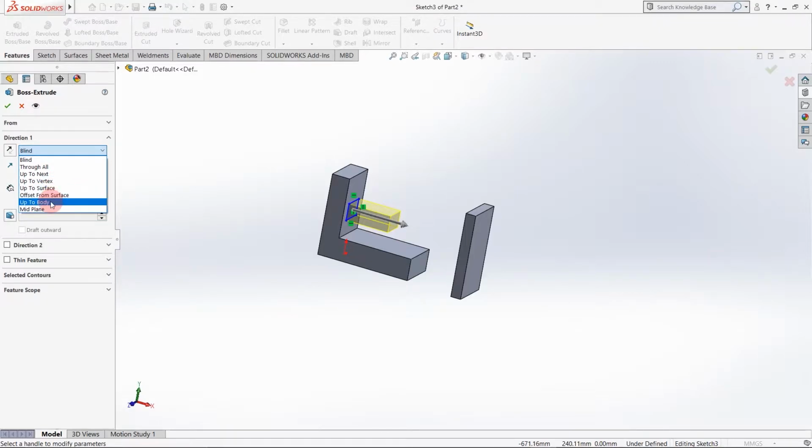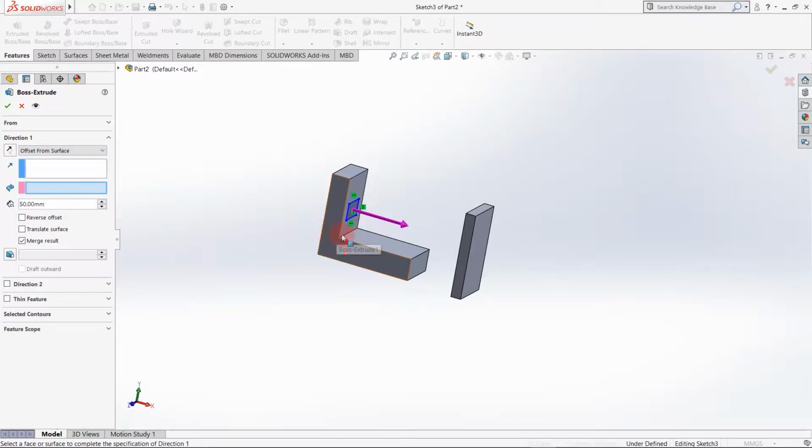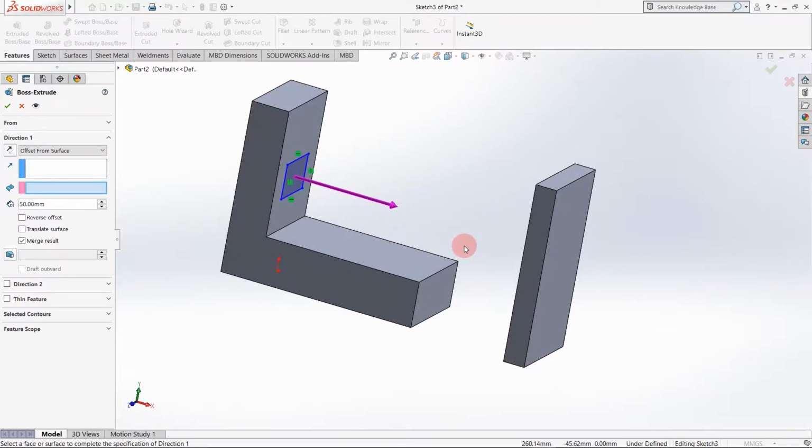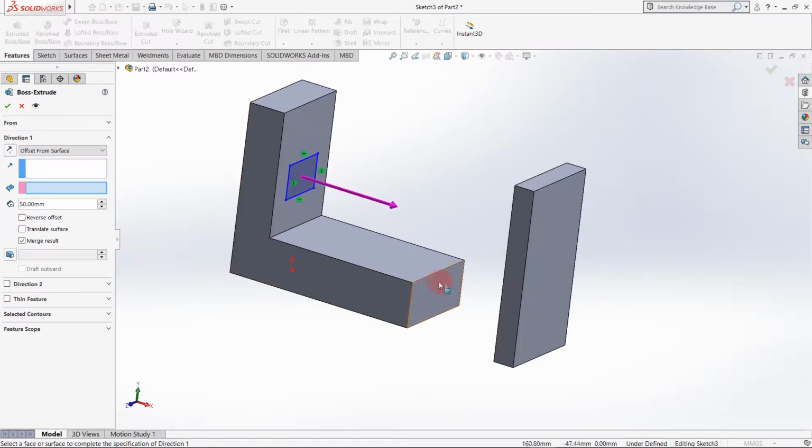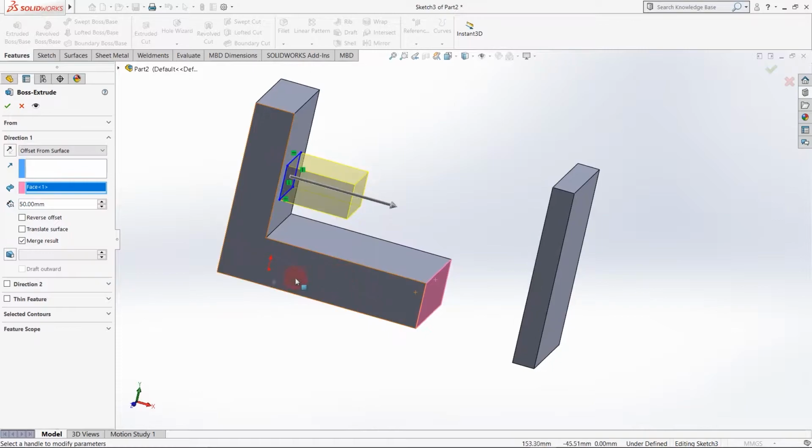If I select the offset from surface option and select this surface, say I want an offset from the surface of 10 mm.